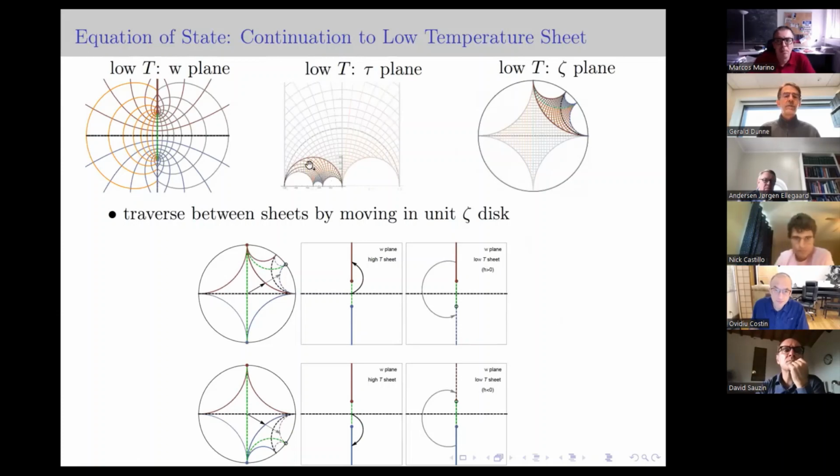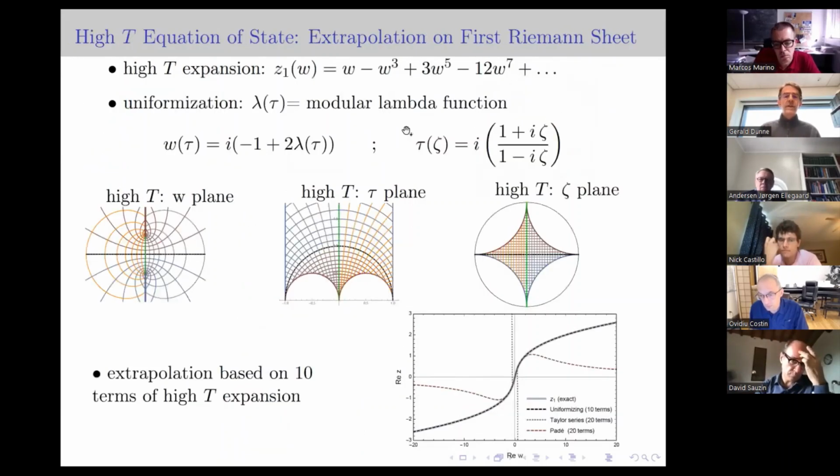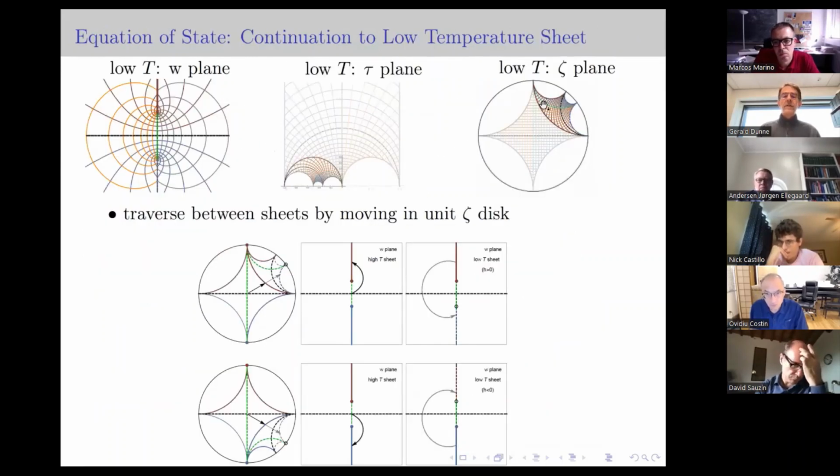It ends up inside one of these semicircles down here. And if you then further map into the unit disk, with exactly the same transformation, then you end up in one of these corners. And so this is another hyperbolic quadrilateral, which is the representation of the second sheet under a particular